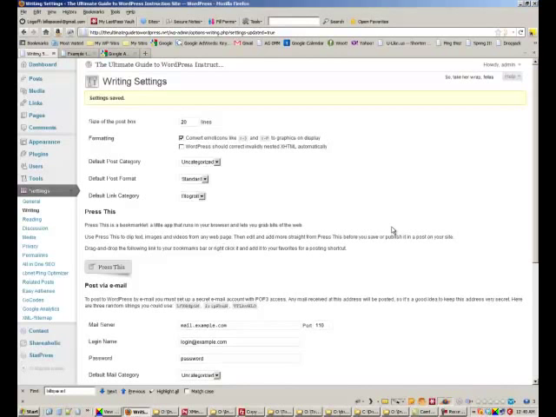Update services will ban your IP, meaning they won't accept any submissions from your site if they see that you're abusing their service. So what this plugin that I'm about to show you does is it stops WordPress from notifying these pinging services. Okay,